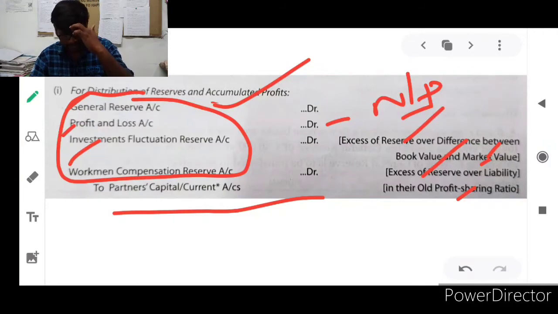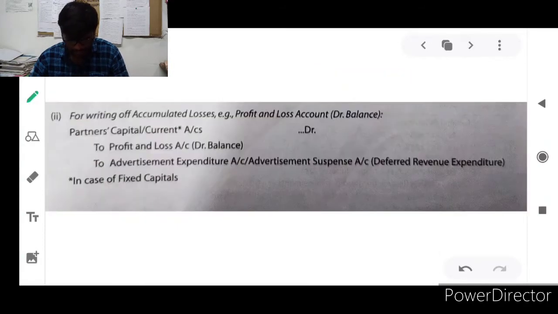If they are maintaining fluctuating capital accounts, all the reserve money, undistributed profit money, investment fluctuation reserve, excess reserve, workmen's compensation, everything goes to credit in the partners' capital account. If it is a fixed capital account, that will be credited to the partners' current account, not the partners' capital account. Okay. And in the other way, for writing off accumulated losses,